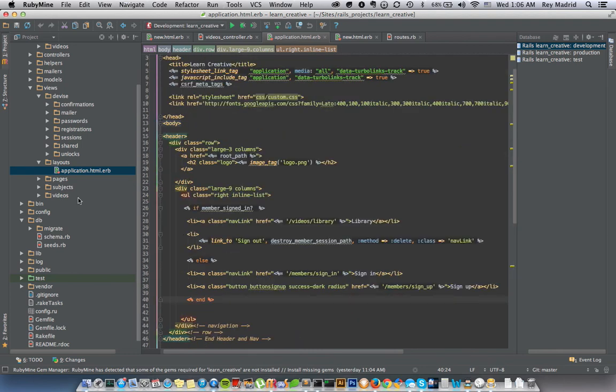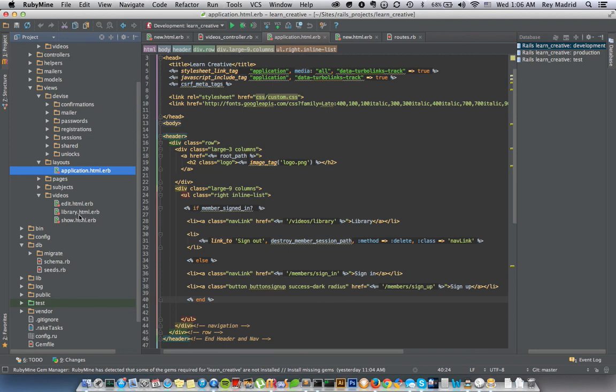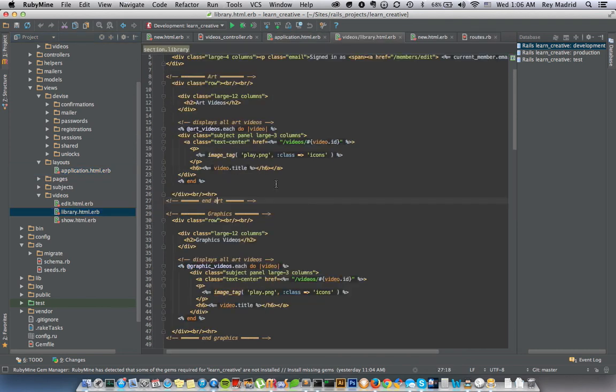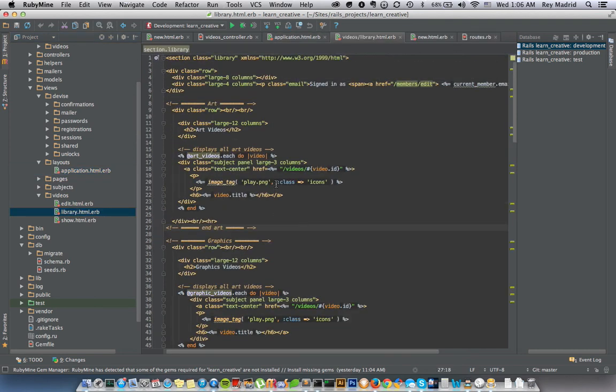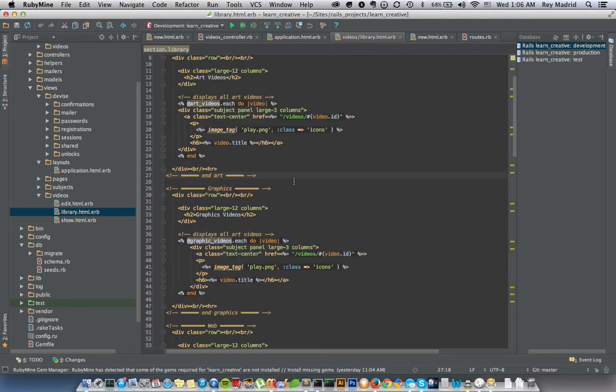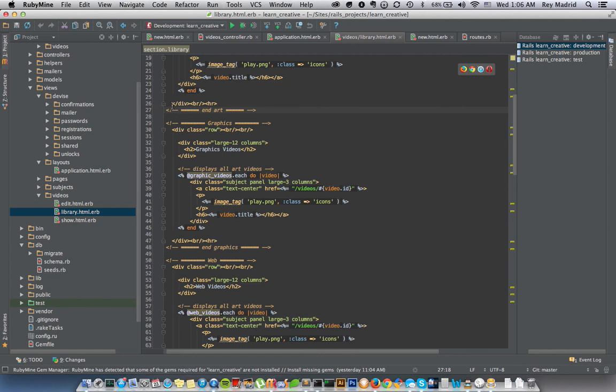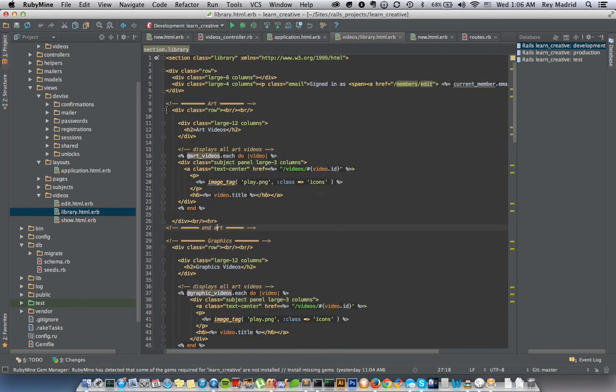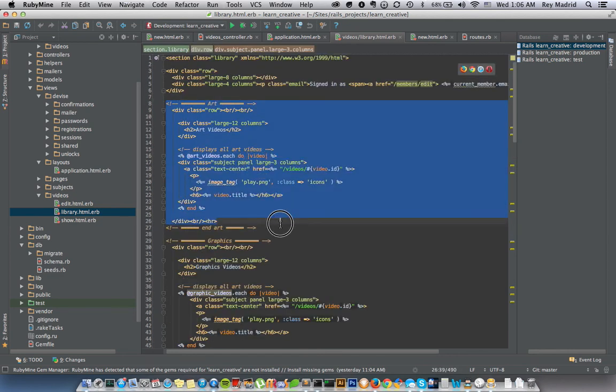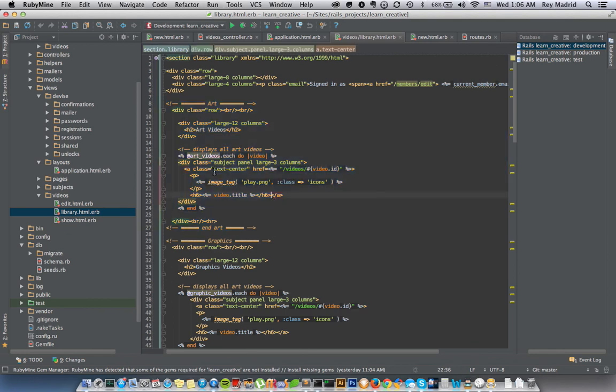Let's see my home. Let's go to the library. Also, in my library view, this is where I show all the videos. I have my art videos. I'm selecting the array of art videos, and for each one in that array,